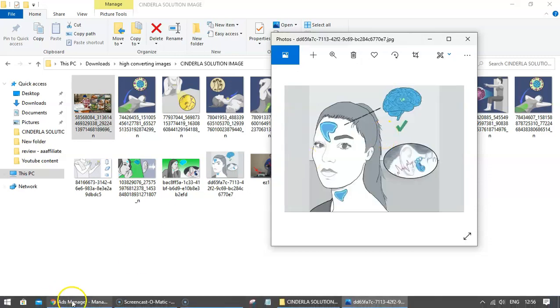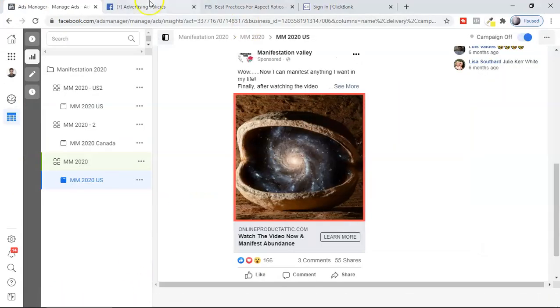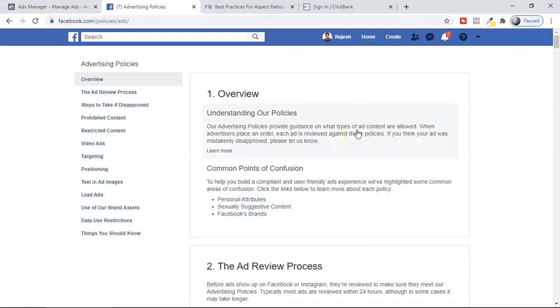But before getting into the images, I just want to take you somewhere else, and that is the Facebook ad policies. This is really important. Being an affiliate marketer, you have to know the Facebook ad image policies. Here you can see prohibited content and restricted content. These are the two very important ones for any affiliate marketer. So before you promote ads, just go into these two things. This is really important.